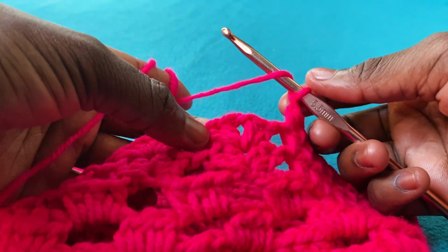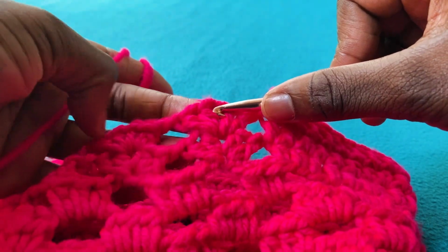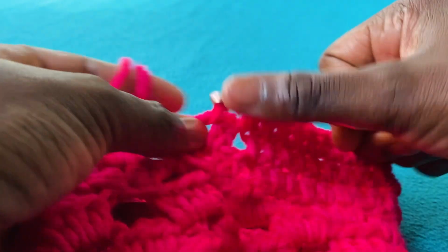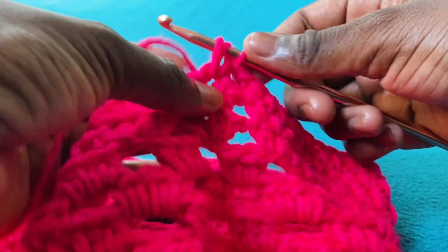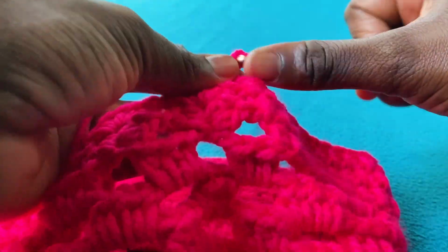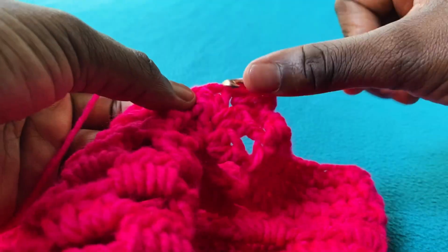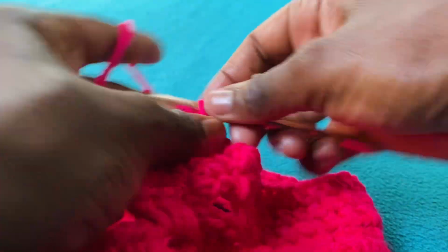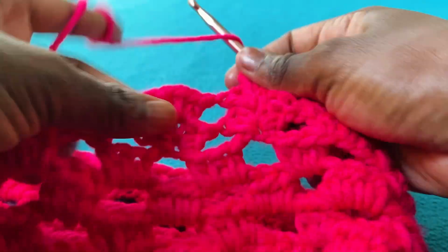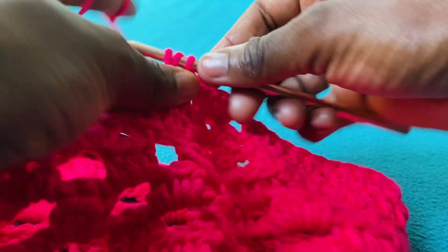So after chaining 1, I am just going to come in the middle of this shell, and I place there a shell. And for a shell, remember, I mean 2 half double crochets, chain one, and again in the very same space I place there 2 half double crochets. After that I'm going to chain one and then come in the middle of our very next shell,